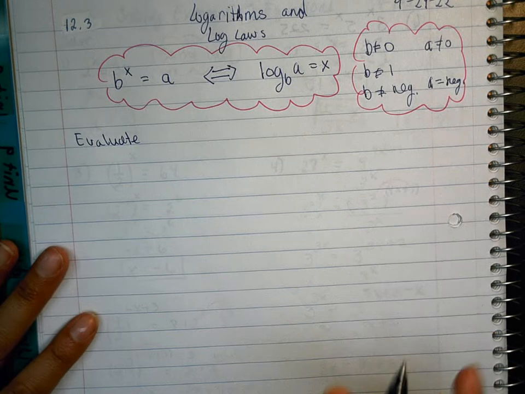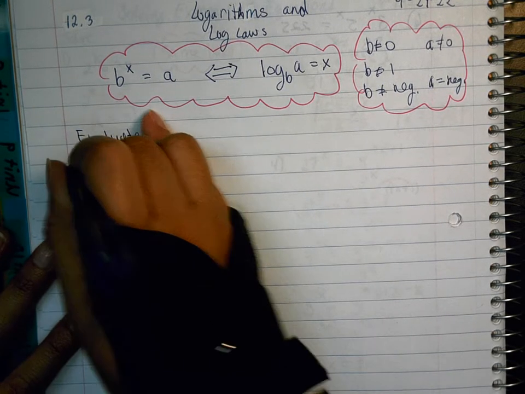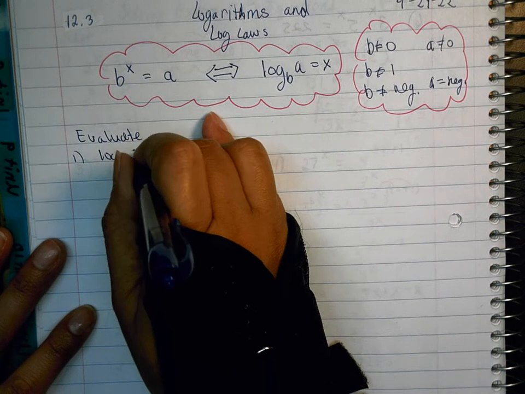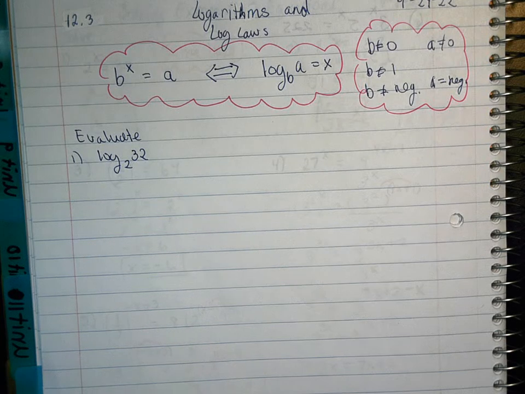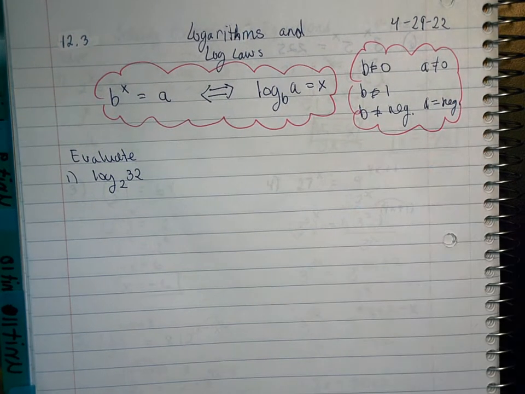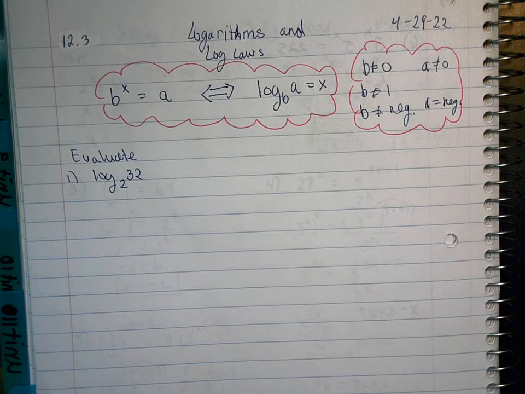Evaluate. Number 1, log base 2 of 32. Okay, yes. You said a can equal 1. It can, yes. A can equal 1, but a cannot equal 0, and it cannot equal a negative. Her question was, could a equal 1? Yes. B cannot, but a can. Okay, so this does not mean 2 to the 32nd power. We're going to rewrite it like this,